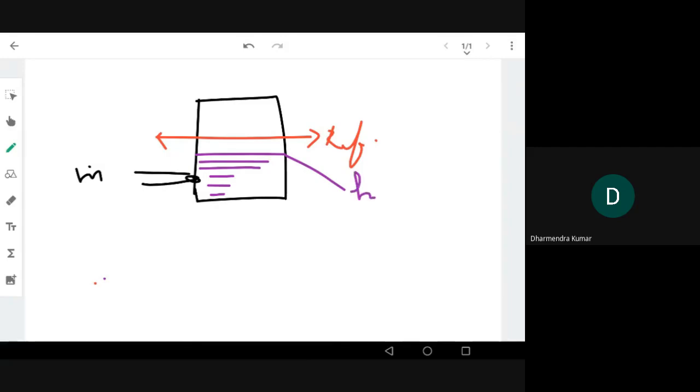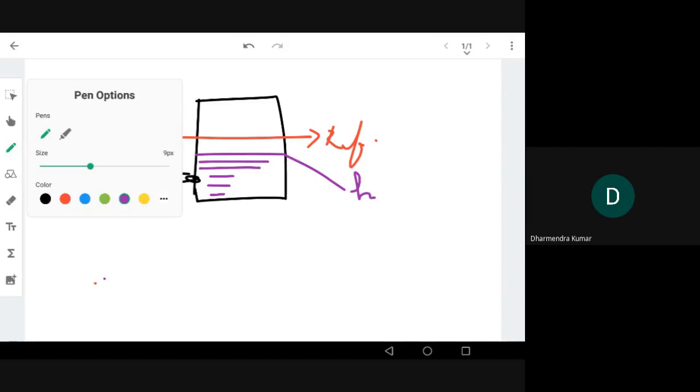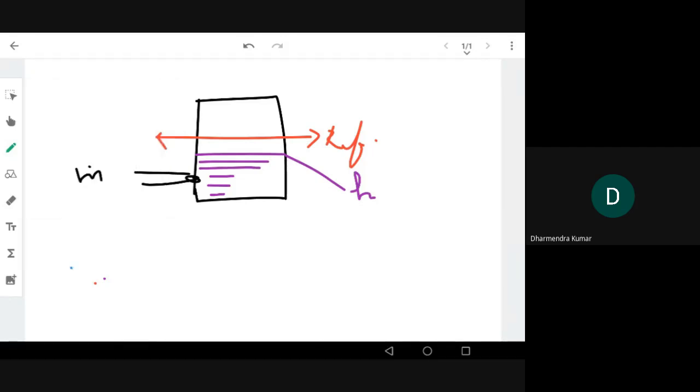In control system language, this is a plant. In this control problem, the input is the mass flow rate, which is controlled by the motor pumping water into the tank. So the input to the plant is m dot, dm by dt, that is the change of mass of water with respect to time. If it is negative, water is drained from the tank. If it is positive, water is pushed into the tank.